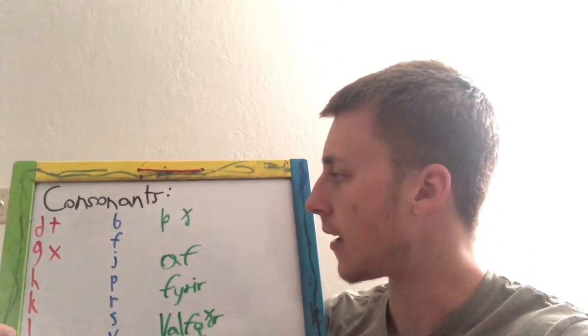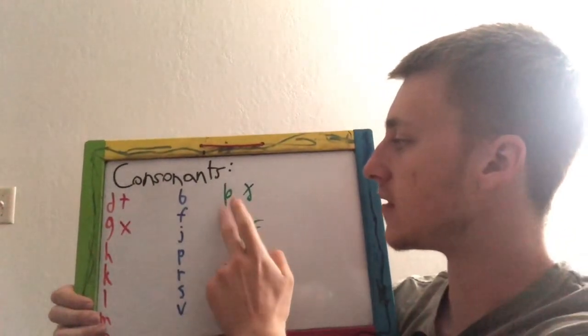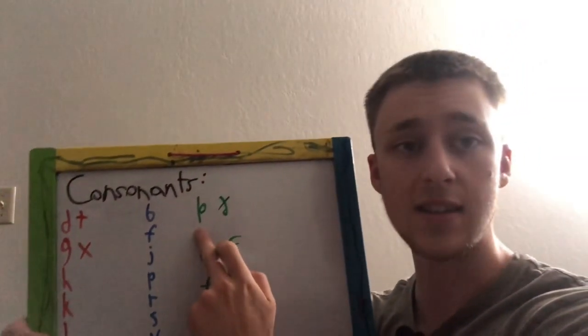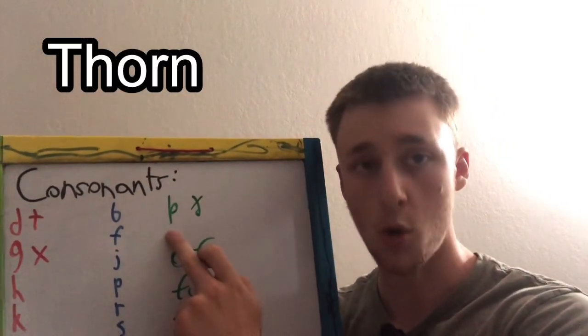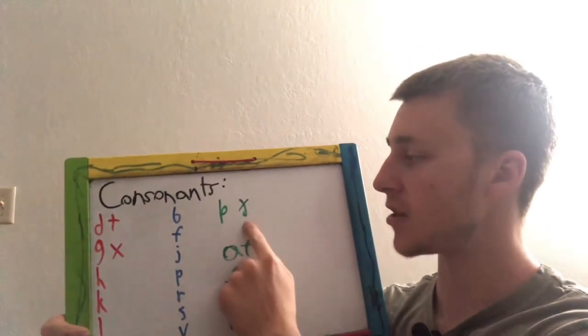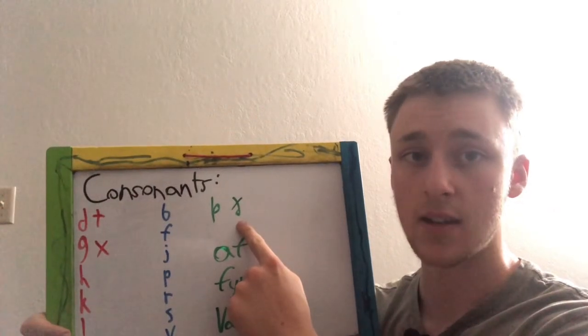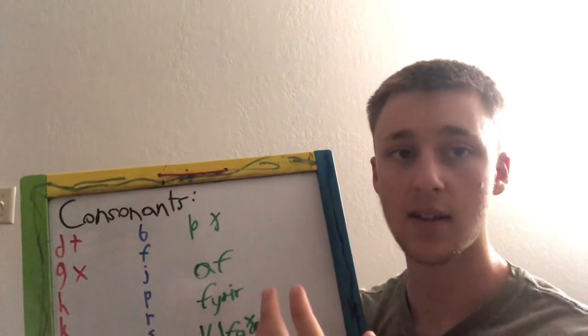All right, now let's get on to these two special letters that, believe it or not, we actually used to have. This is thorn, so it makes the TH sound like in thorn. That's an easy one to remember, and I wish eth were a little bit easier to remember, but that's its name, eth. So it makes the sound like in the, or then, or eth. Just that sound. It's a voiced thorn. The.